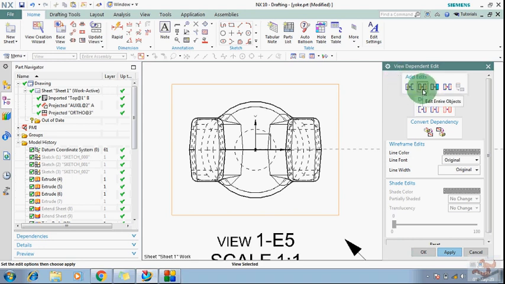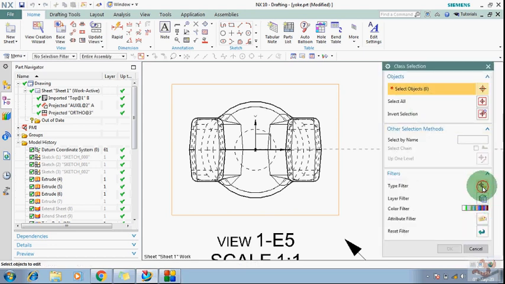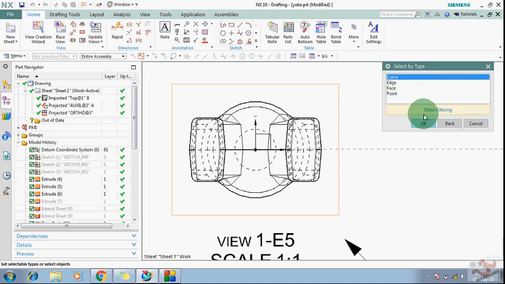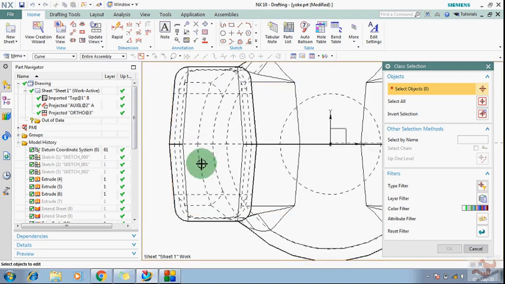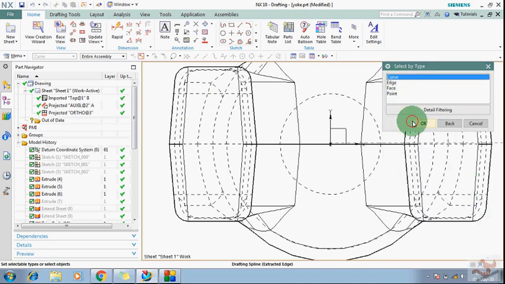Second, edit entire object and keep it in dashed line. Take care, the line font should be changed to dashed line. After that apply, and select the filter curve, filter only the curve, so that you can easily select the lines and no face or other things will be selected. So just select the curves.